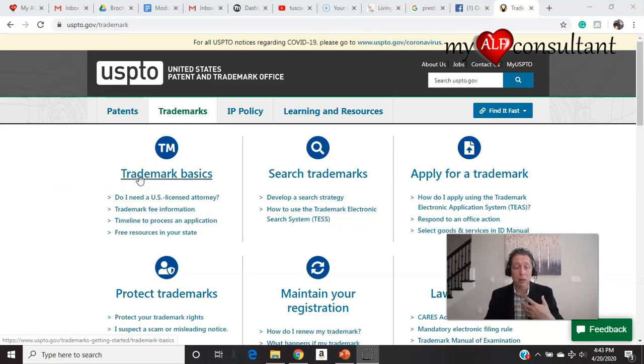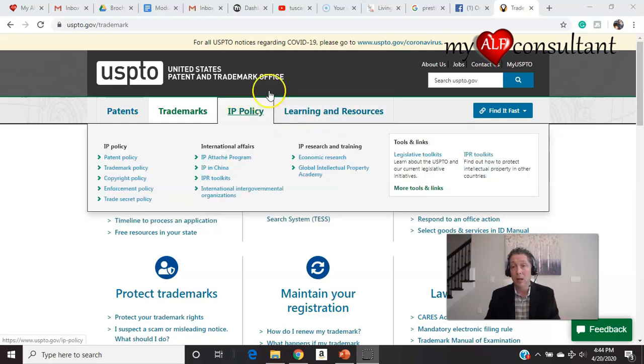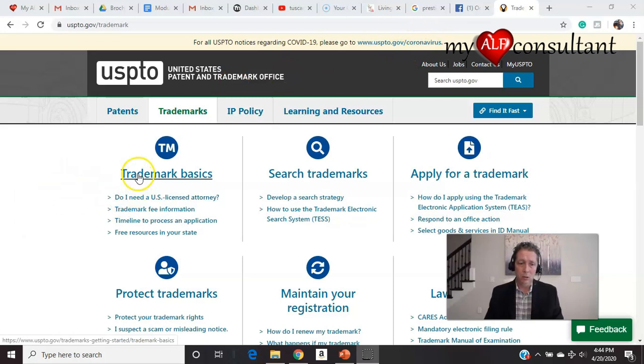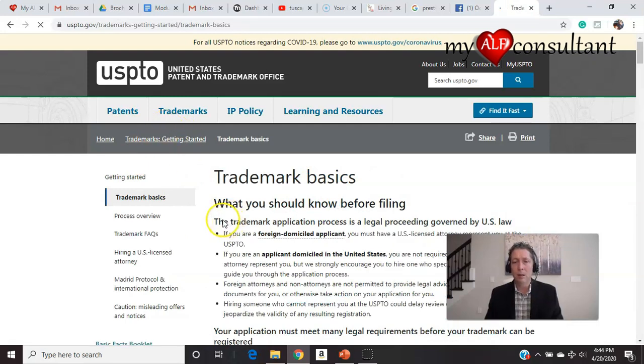I'm not telling you that just because you pick a name that it's totally in the clear, but at the very minimum, you need to do a trademark search on the term. You can also Google the name, and I think you would do trademark basics. You go search trademarks, and it'd tell you all about it.